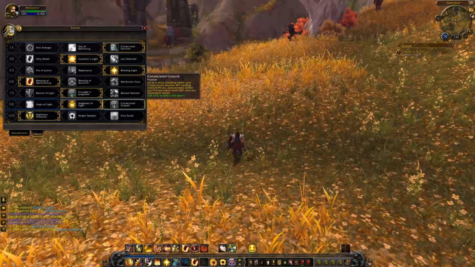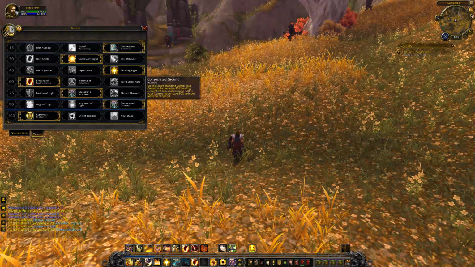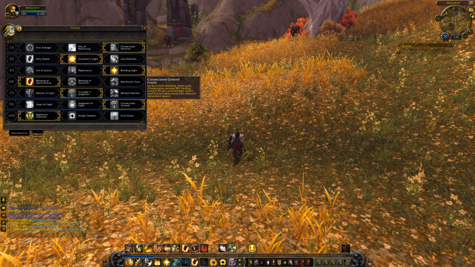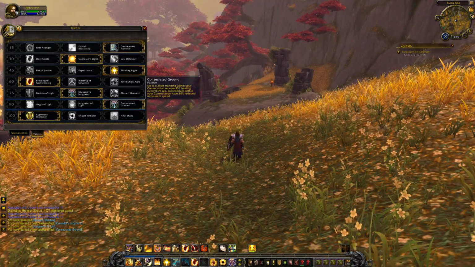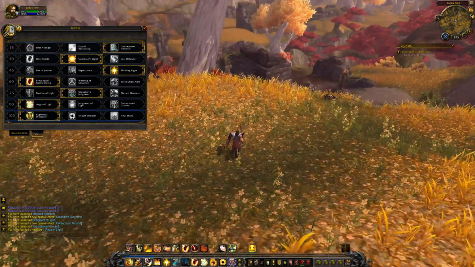And then we have Consecrated Ground. Up to 6 allies standing within your consecration receive 450 healing every second, and enemies in your consecration have a 50% reduced movement speed. I've got to assume it'll be a little bit higher than that because 500 healing roughly isn't really that much. Let's just use the Aegis of the Light, which is now bound on my 9 key,